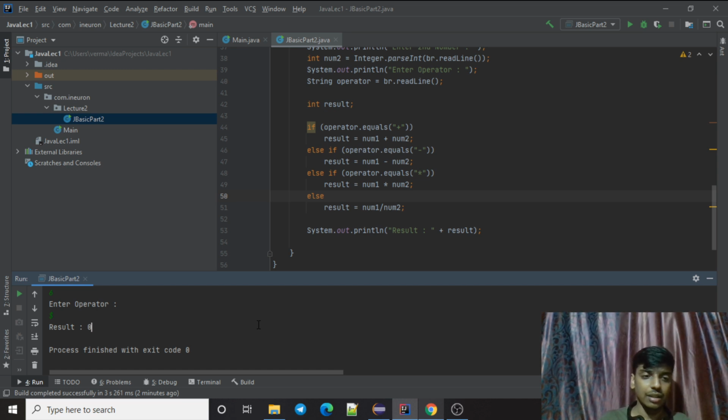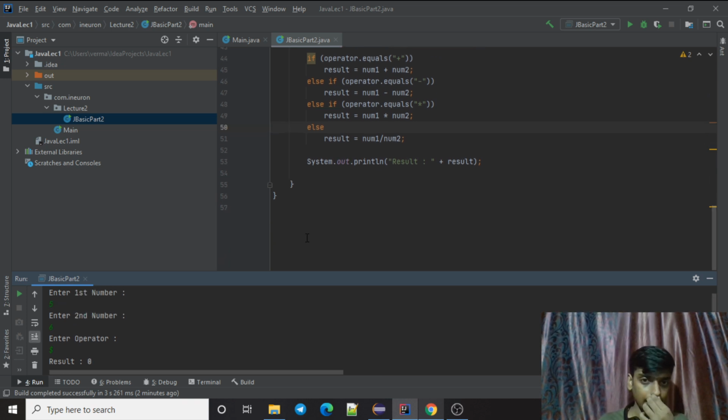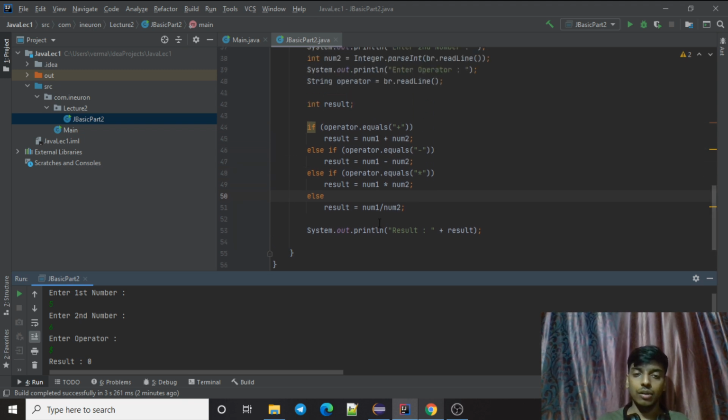There are programmers that can code, then there is a product developer. You should think about what would be useful for your user, what are the issues your user can face, right? So think about all these things and try to build something that has very few issues. You have not learned a lot of things, so whatever you build will have some bugs. I'm not saying that it will not have bugs. You can build everything with just these if else and sout, just IO operations, but you can build something better than this.